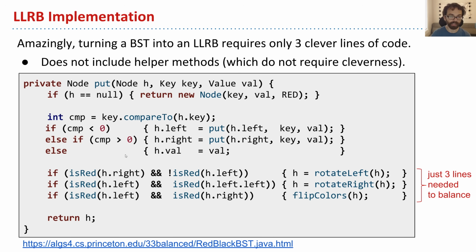The first is, if you have a red right child and your left child is not red, then you rotate to the left, as we said earlier. If you have a red left child and a red grand left child, we rotate to the right. And if we have a red left child and a red right child, well, then we flip the colors of our current node. And in that way, if you write these helper methods, it turns out they're not actually that interesting or deep. If you have these helper methods around, you just need these 3 lines of code, and you get